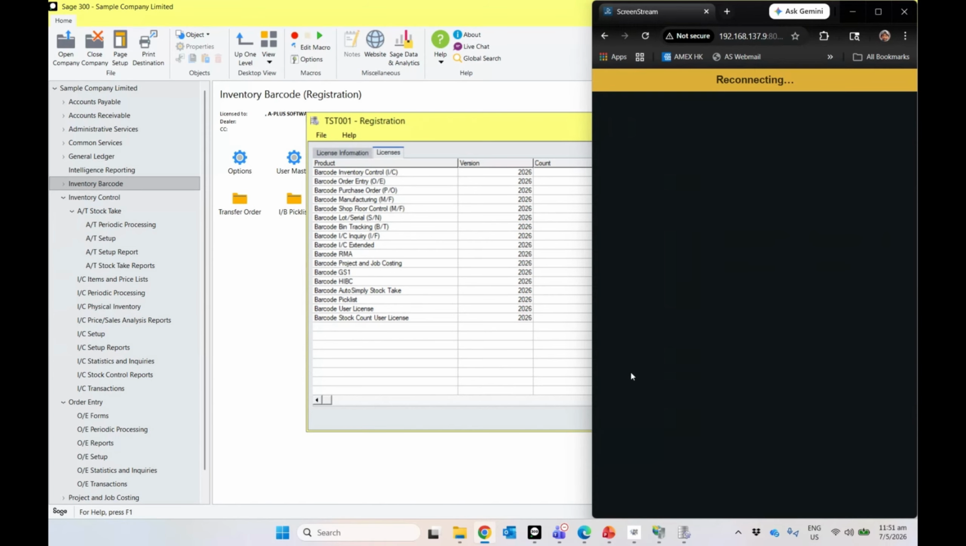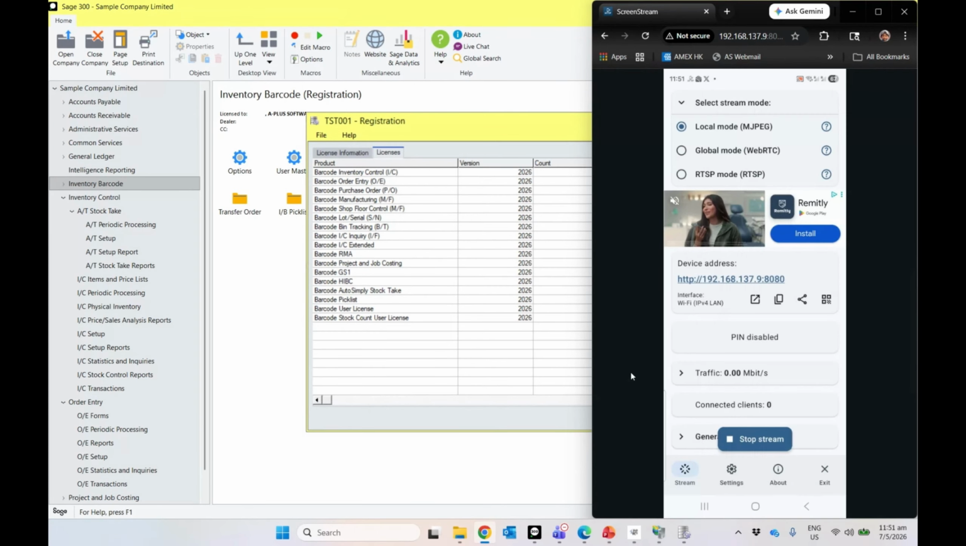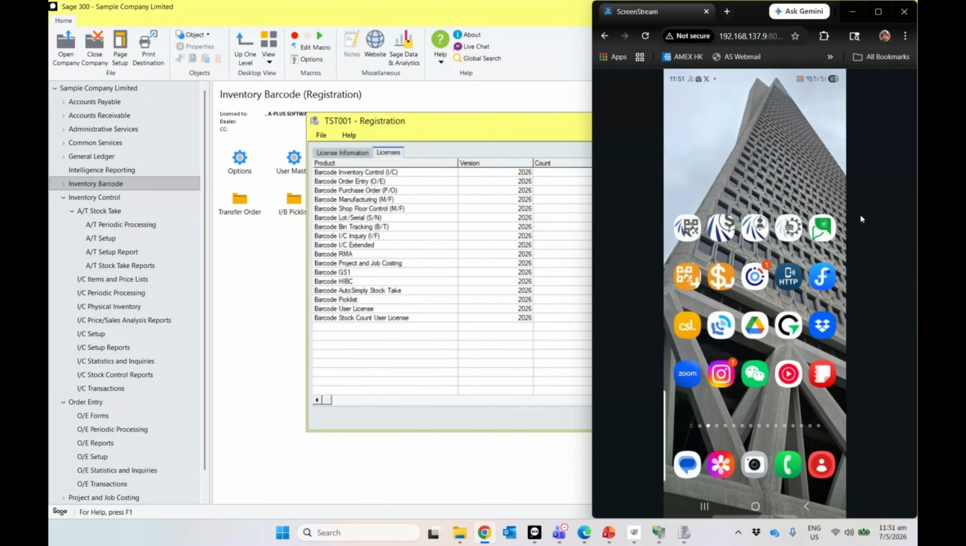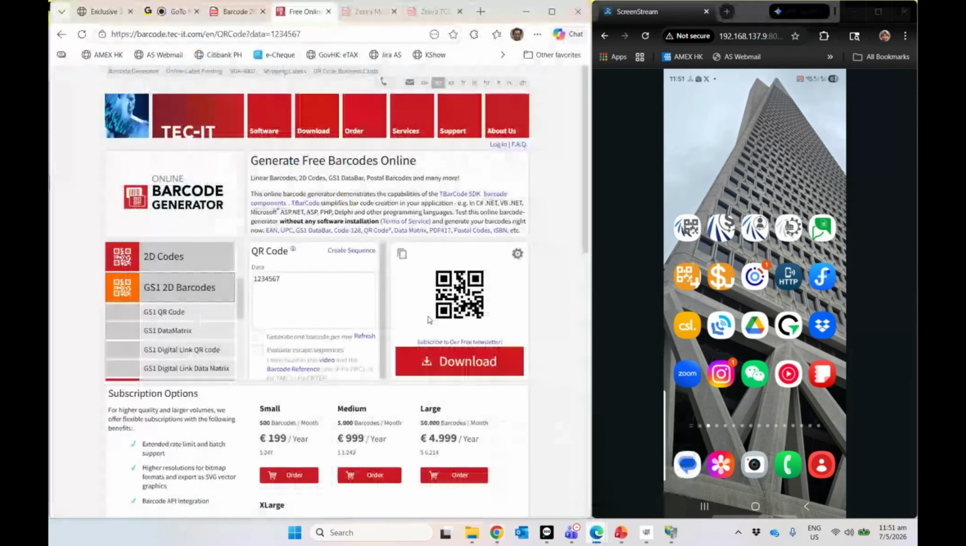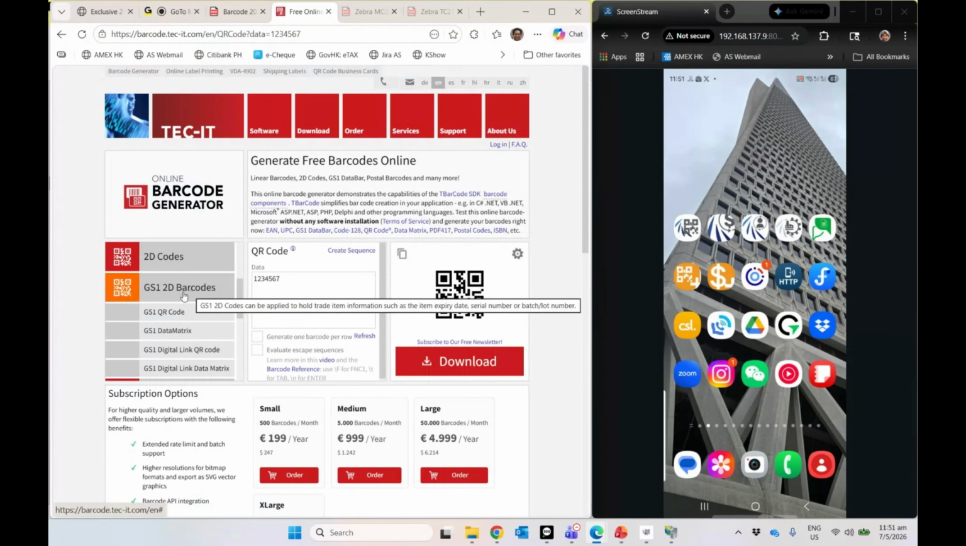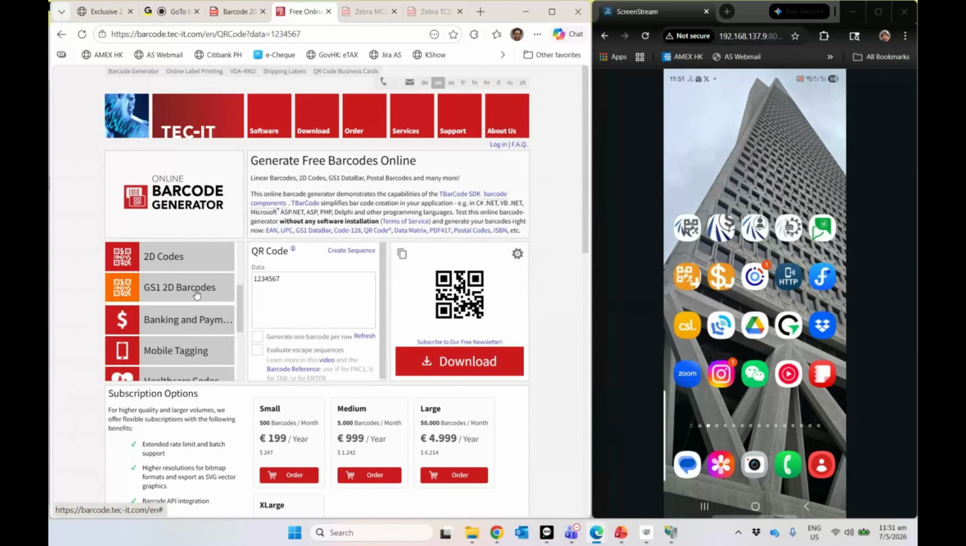I need to be able to scan. So to do that, let me just quickly share the screen of my phone here. All right, so you can see that I'm actually just casting my phone to my laptop so that I can have a scanner with me. And then on the website where we were generating labels a while ago, what I would do now is generate a GS1 QR code,